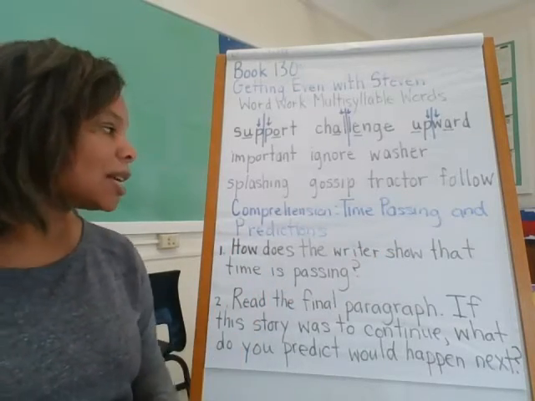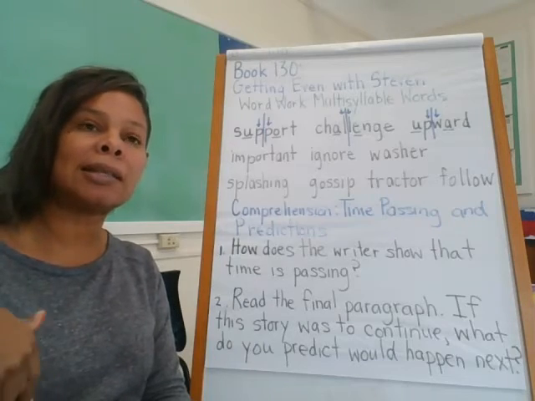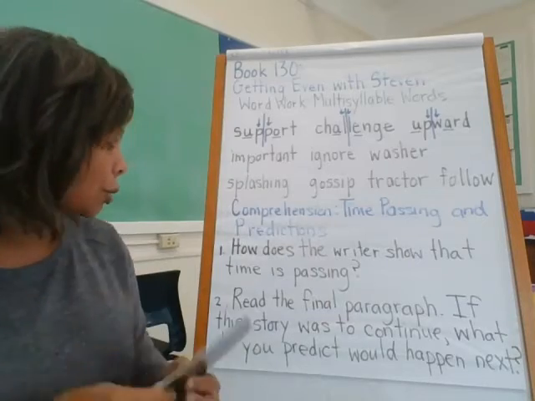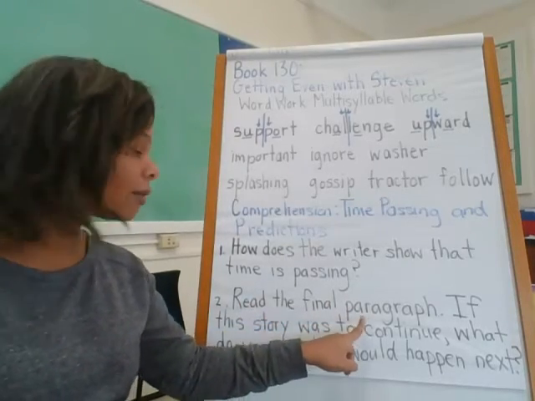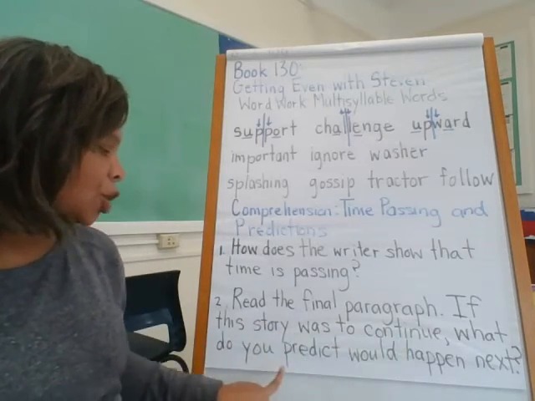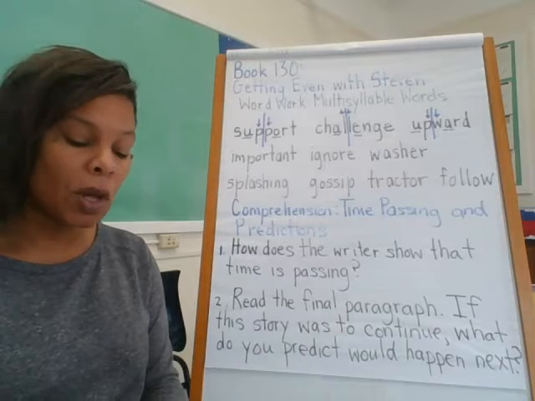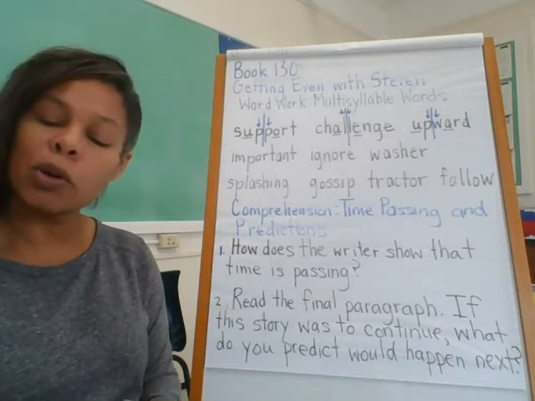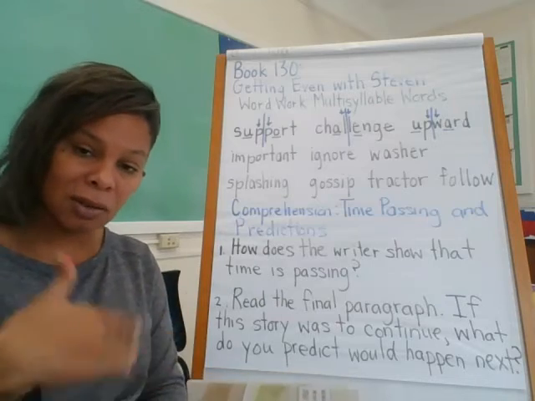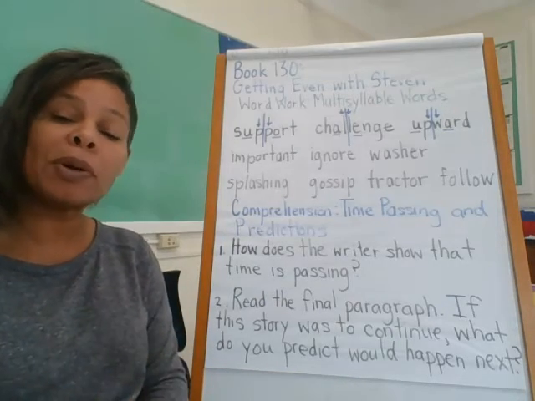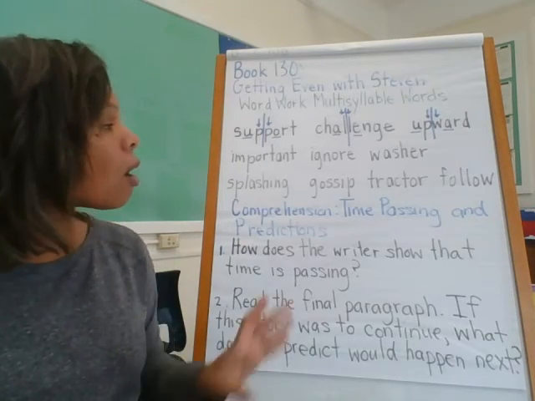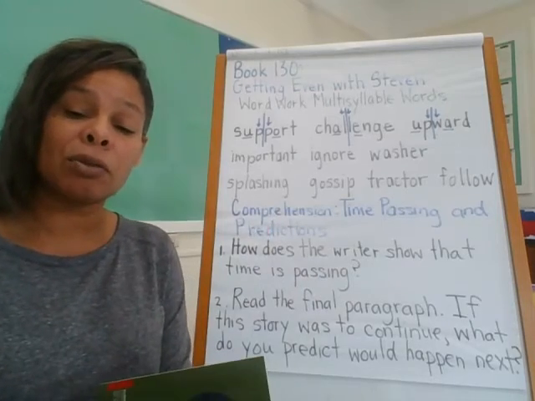And the second question is I want you to make a prediction. A prediction is a guess based on the information about what you think is going to happen next. So, read the final paragraph. If this story was to continue, what do you predict would happen next? So, if the author was to write another chapter or a second, if this was to be a series and there was going to be a second book to this, what do you predict based off the last paragraph would happen next? Okay? All of this, I want you to have it written down in your writing books